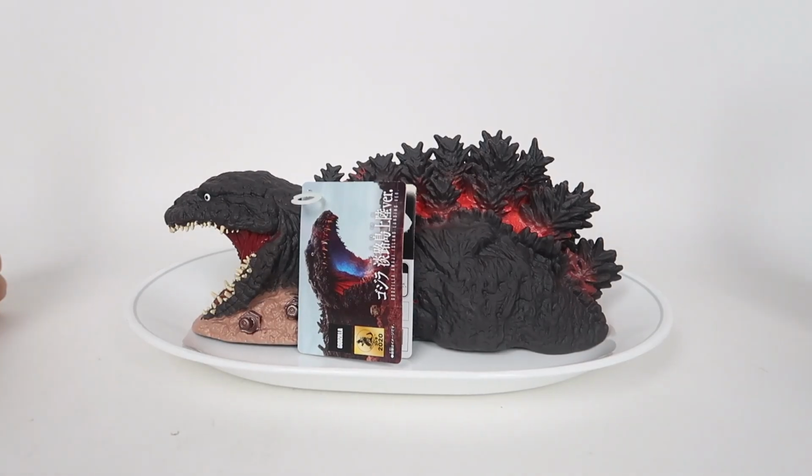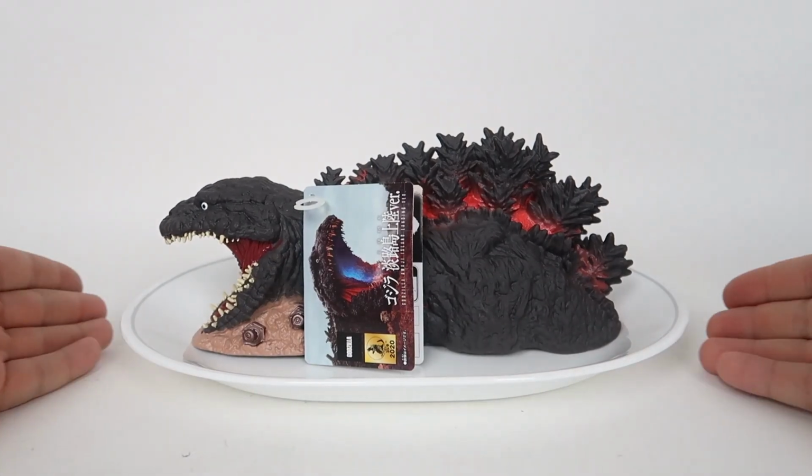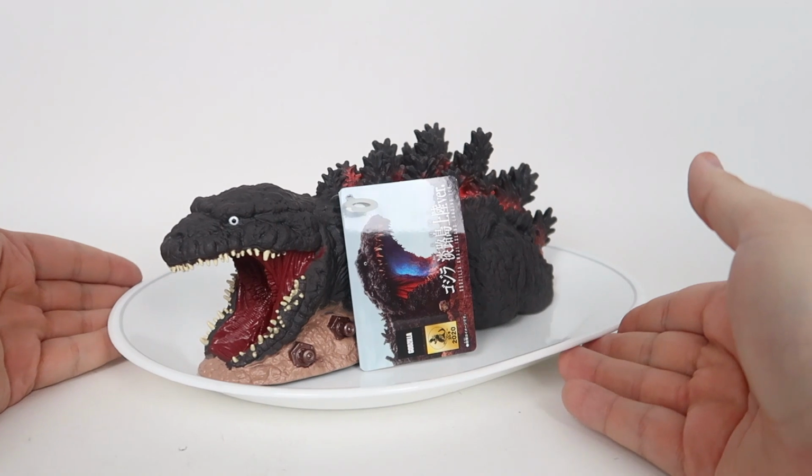Now, let's dig in. No, we can't really eat this thing. It is made out of vinyl, and I don't know anybody that would actually want to eat Shin-Godzilla meat. Now, normally, this is where I would have the thing on the little turntable, and I would talk about some expositional stuff, but that big charging over there. So what I am going to do for you is spin this on this dinner plate that I have over here,